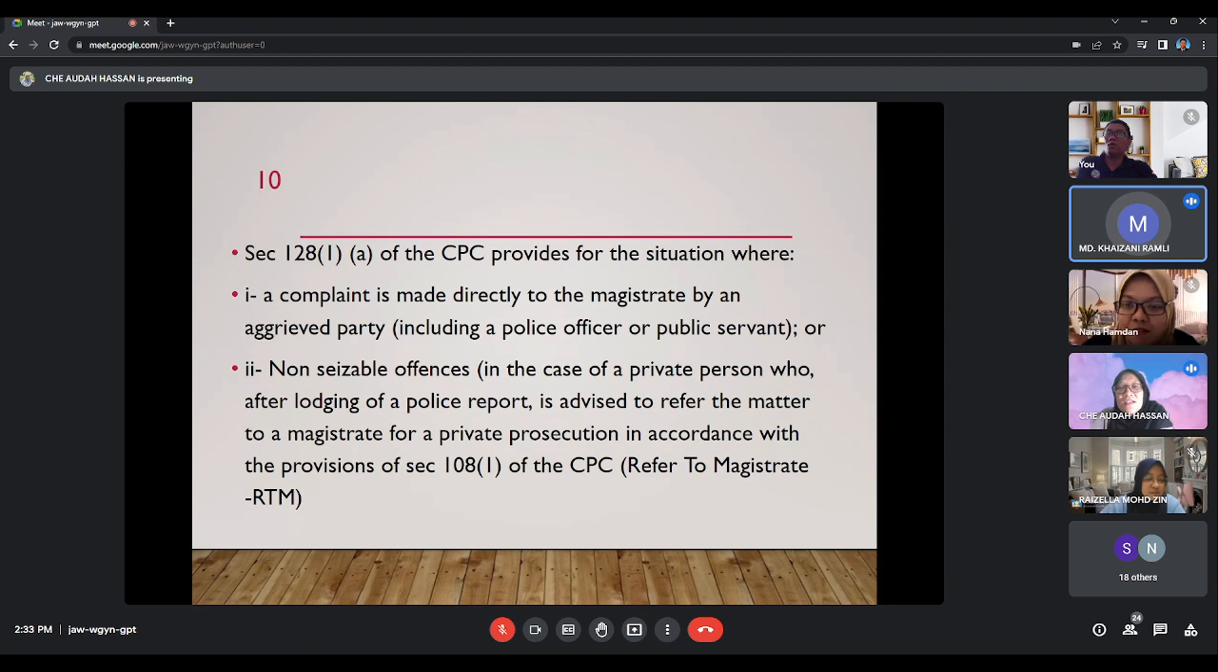Cannot arrest without a warrant. If the offence is non-seizable, a police officer or any private person cannot make an arrest without a warrant. If you want to arrest the suspect, you have to apply for a warrant from the magistrate. When the magistrate issues the warrant to you, then only you can go and arrest the person named in the